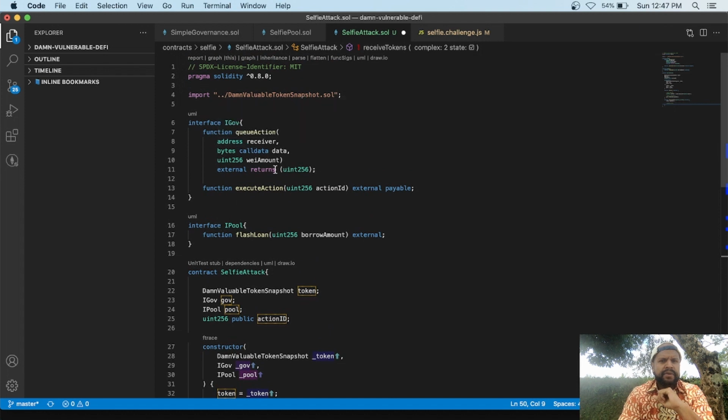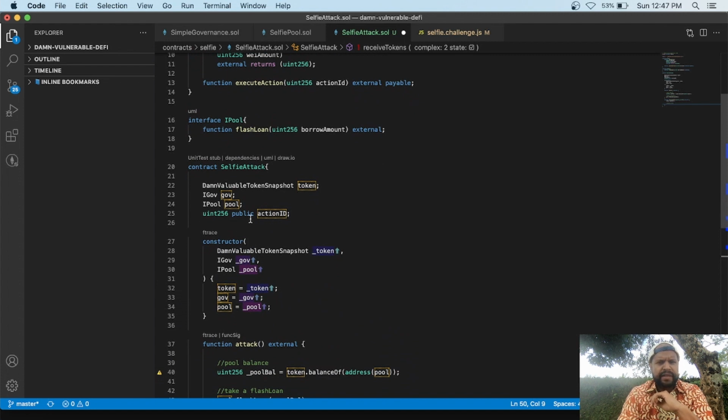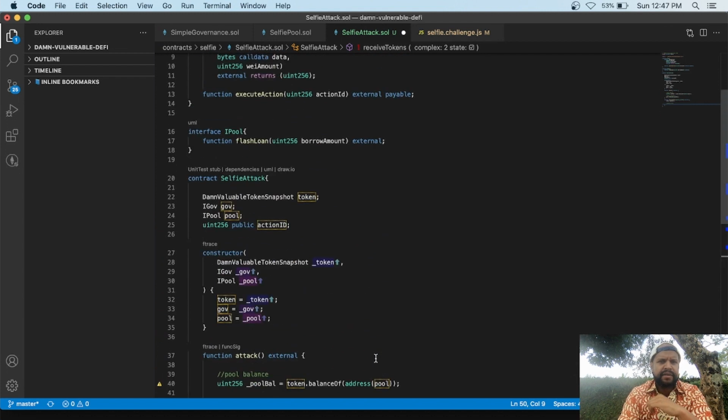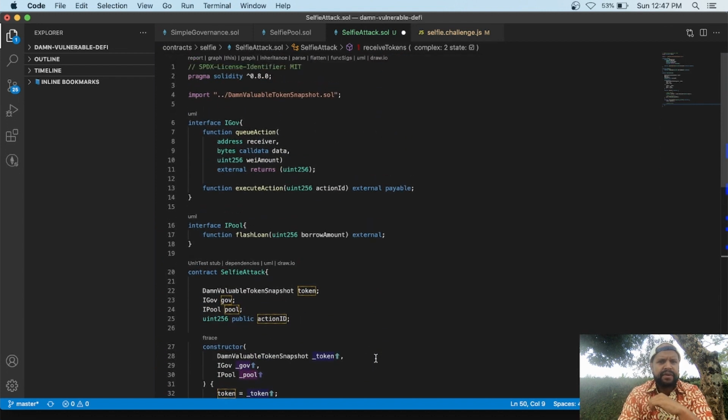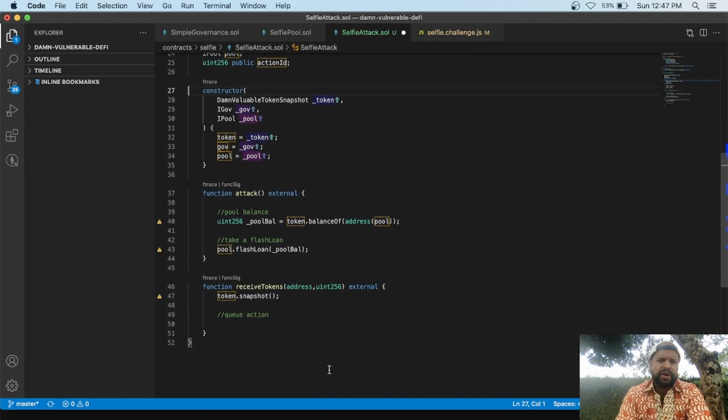So it's going to, oh, sorry, right here. It's going to return a uint256, right? So this is where we're going to store this in the action ID, so later we can reference that as an action ID. I don't actually want this. I spelt this wrong. I don't want a big D, I want a little d. There we go. So we're going to store the number, we're going to return the uint, and that uint is going to be our action ID, which we'll use to execute the action. So we'll just say action ID is equal to